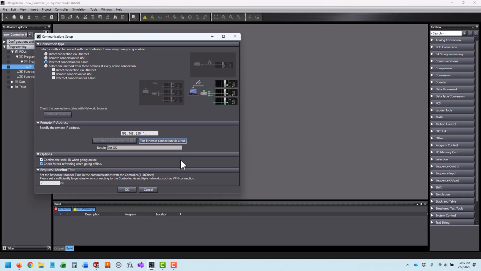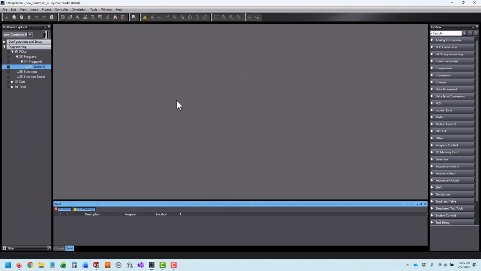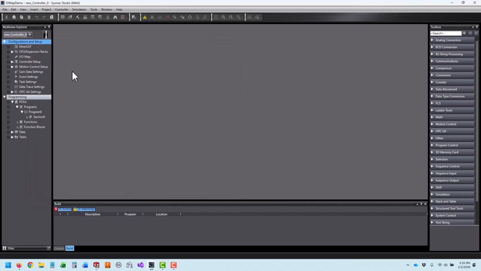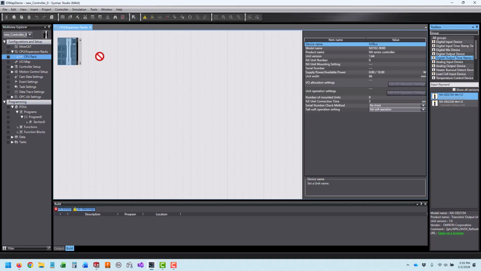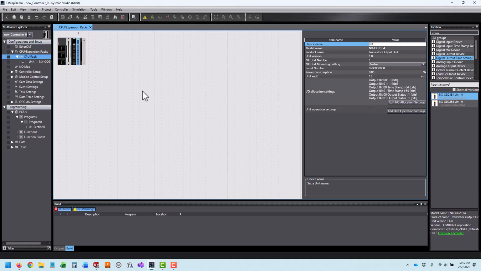All right, worked that time. Okay. So on my CPU rack, I have an input card, an output card, and then a power supply card. So you can manually find your devices, drag them over, and then you can add the cards that way. But the better way, if you're all set up, just go online with your